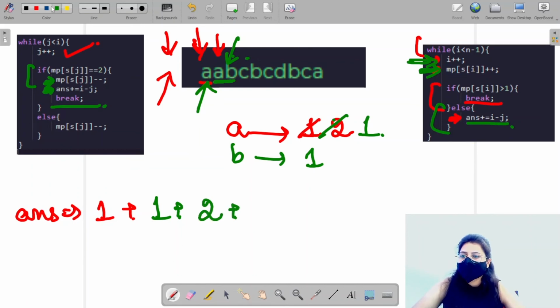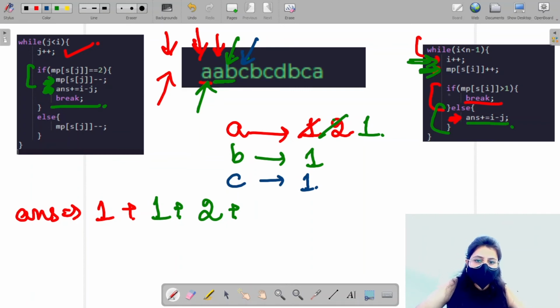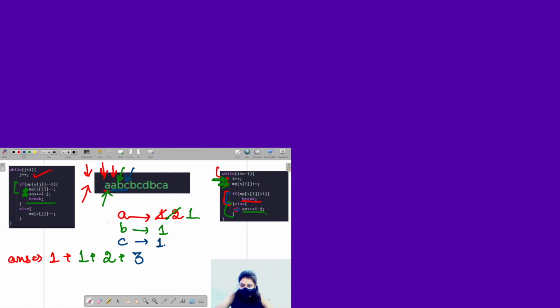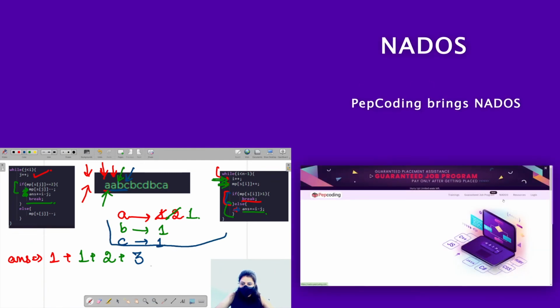Okay, next. Next, what we will have, increment our I again. I came to C in our hash map. What we'll have, C as 1 now. Okay, next, what will it do? It will see if map of string of I is greater than 1. No, it is not. We'll come to the else part, update our answer. So our answer would be now I minus j, that is ABC. So we'll have 3 now, right? Okay. So plus,